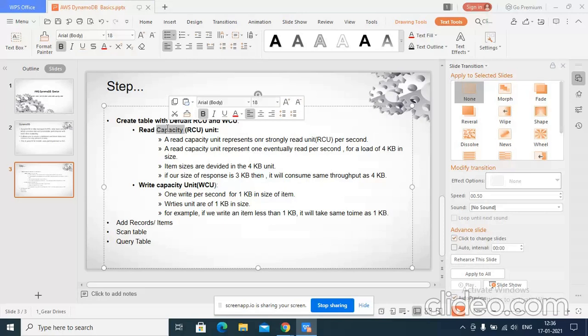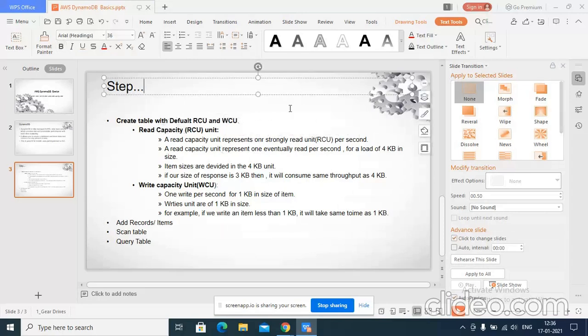It means you can read one record per second, and the size of the item should be up to 4 KB. If your data is more than 4 KB, then it will be divided, as that is its basic unit.